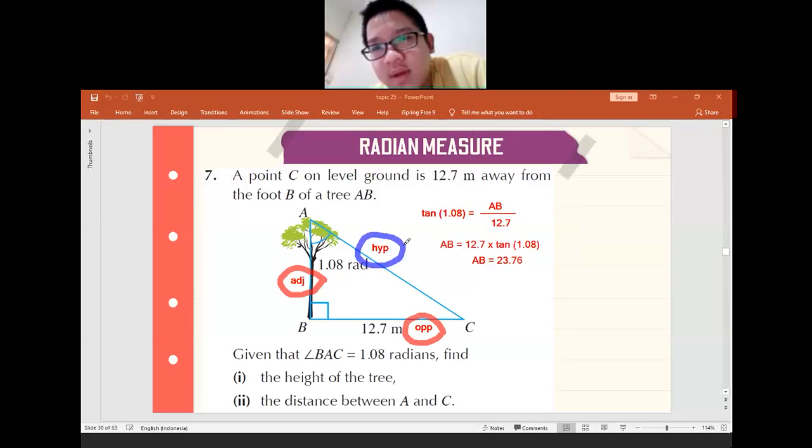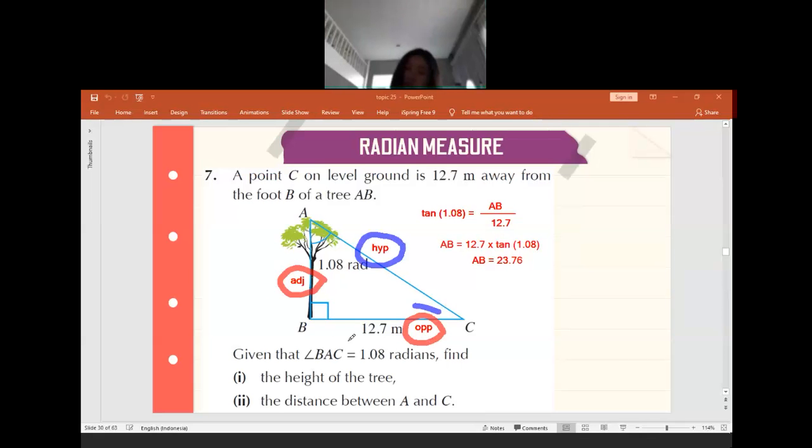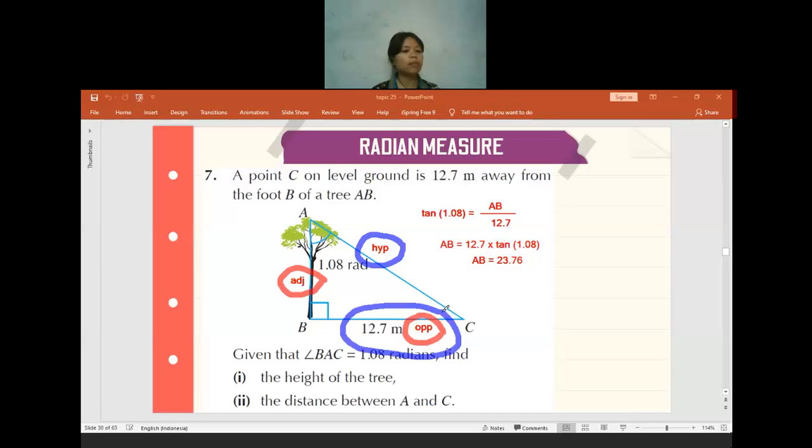The distance between AC is this one. And the thing that is already given is the adjacent or the opposite? Please focus on the things that are given. The thing given is the opposite. Please take the number given from the question, so your answer will be more accurate rather than taking the adjacent. You can take the adjacent because you already got it from the previous one, but remember the 23.76 is a number you already rounded off, so the final answer will not be really accurate. It will be better if you take the given one.